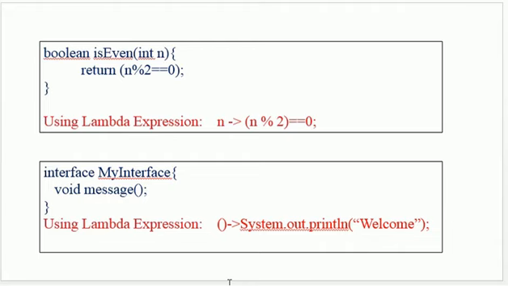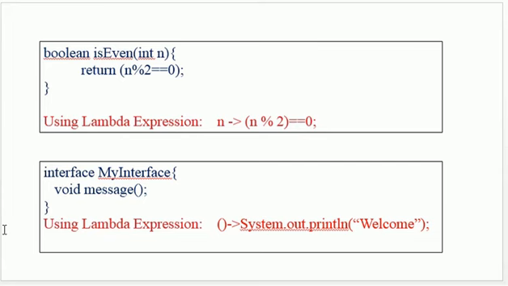So I'm putting blank round brackets just to tell that my anonymous method description doesn't take any parameter. But what I'm writing in the code, I'm writing System.out.println welcome. So this is the implementation on conversion of this method into lambda expression. I hope now how to write lambda expression is clear to you.